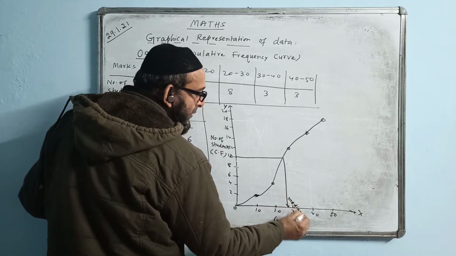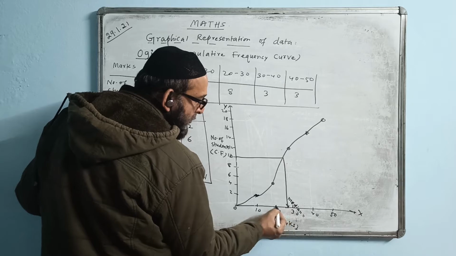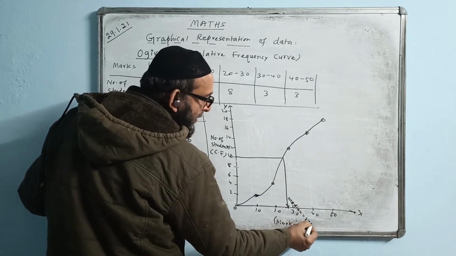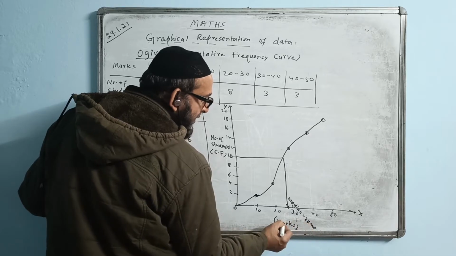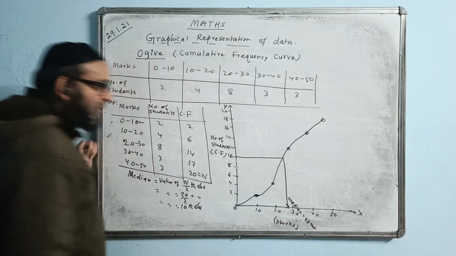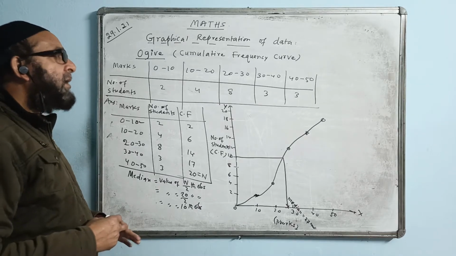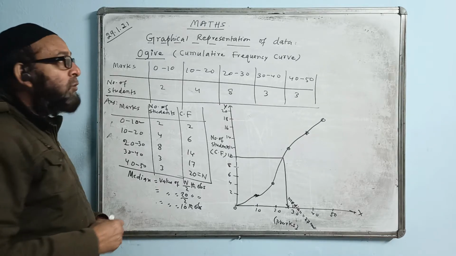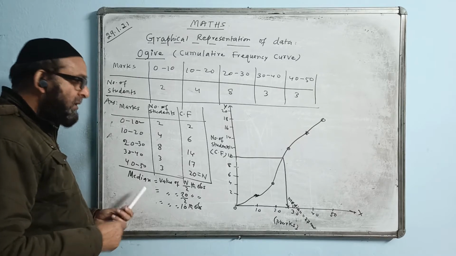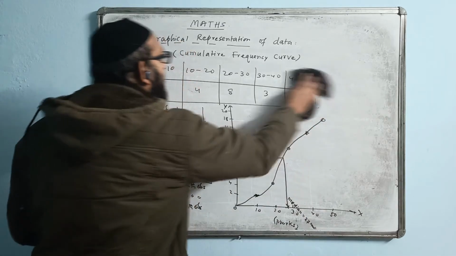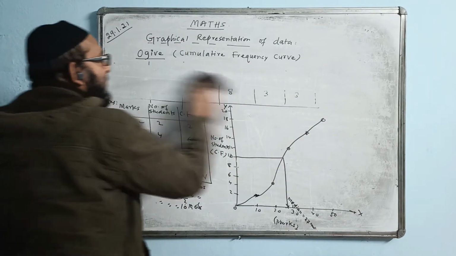Here is the value of median. Suppose I get this is 20, maybe 27. So the median is 27. Marks is given, that's the unit. If they write kg, whatever they write. Median is coming 27 marks. Answer. They may ask you to find the lower quartile marks. So this is how we will find the median. Lower quartile. I will be removing the questions here and I will just show how we can do it.